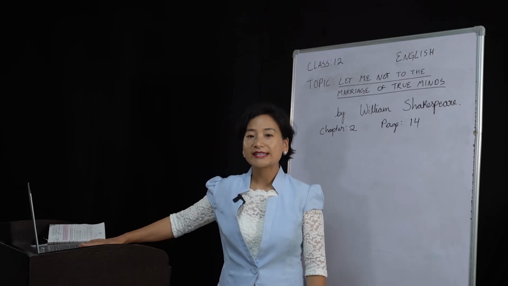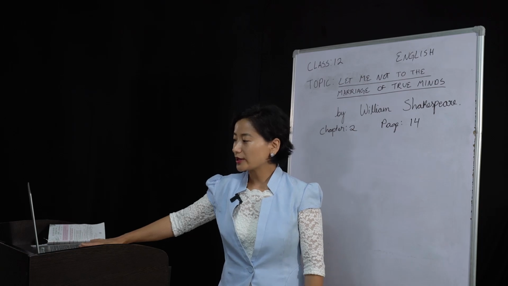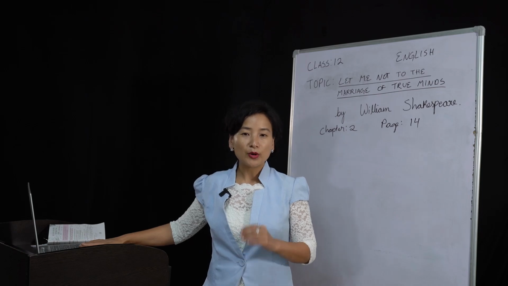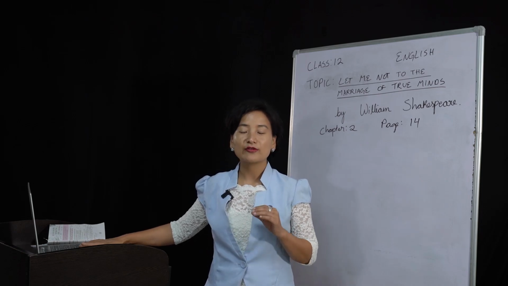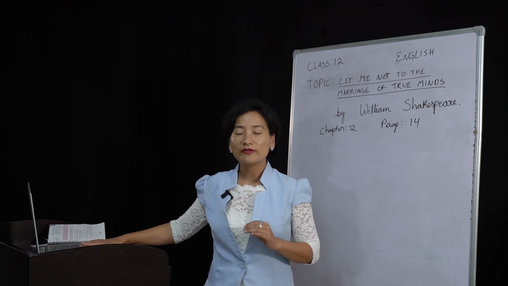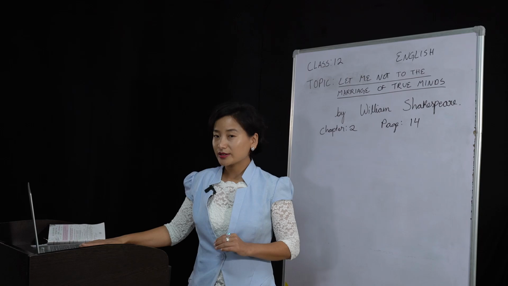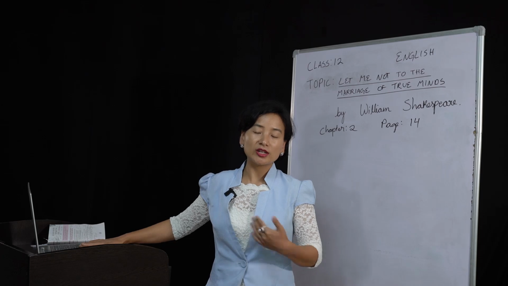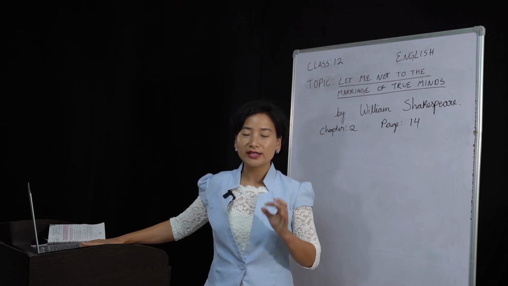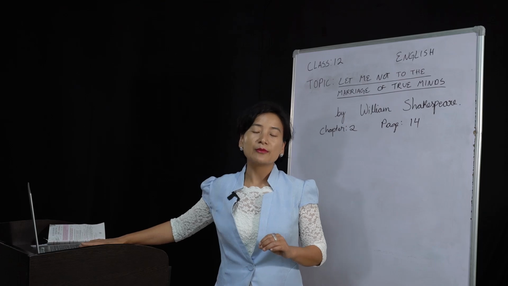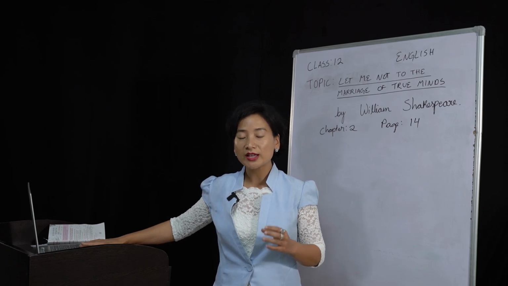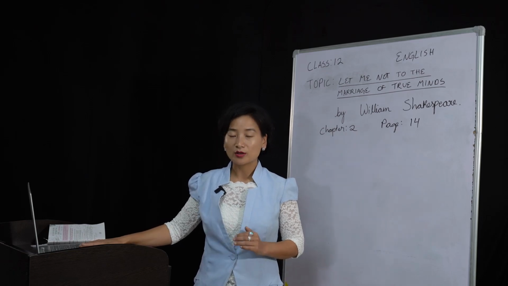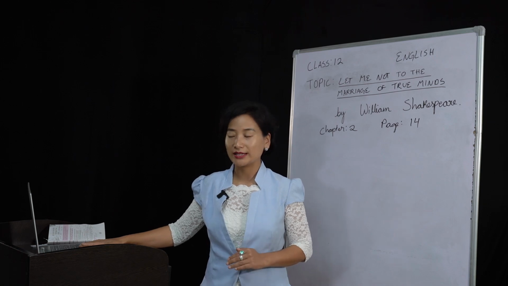Now, background understanding of the poem. So let's take a look at the poem here. Like I said, it is a sonnet, which means a poem that has 14 lines. Shakespeare has borrowed this style from the Italian, all right? But he has changed it into his own, and this is why his sonnets are very important, because he has created a new kind of sonnet into the English literature. That is by adding a couplet. We will also be finding out what is a couplet later on.